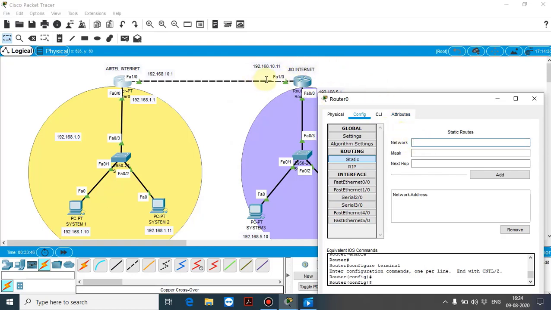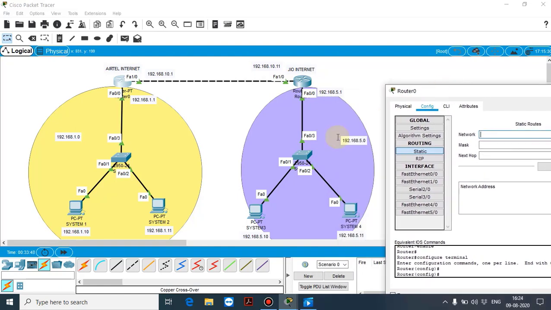So what is our network? Our network is 5.0, so 192.168.5.0. What is the subnet mask? As we know, our 192 series, so the subnet mask is 255.255.255.0. And what is the next hop?